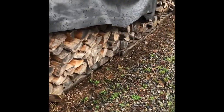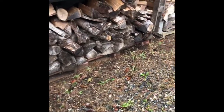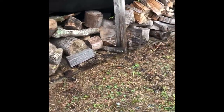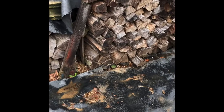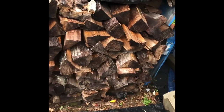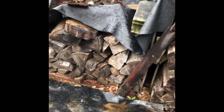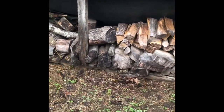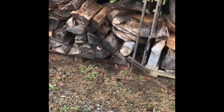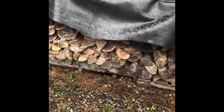I have a lot of it, as you can tell, and this is just me humping it, getting wood. And this is accumulated over probably the past 2 to 3 years. And I have wood all underneath all of this, and all this wood is ready to roll. Some's a little wet because of how the cover is, but the stuff that's underneath that is dry. And I already have some wood in the house in my wood box. So yeah, this is a combination of maple, oak, some pine in there, not a lot, beechwood, some birch,